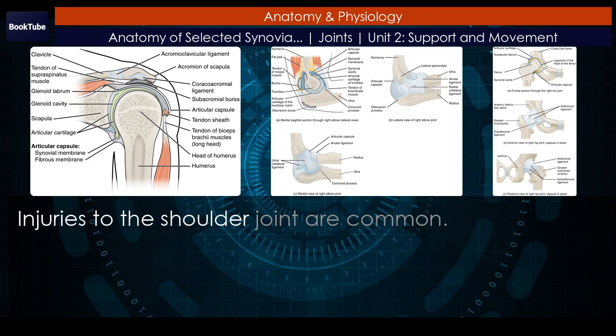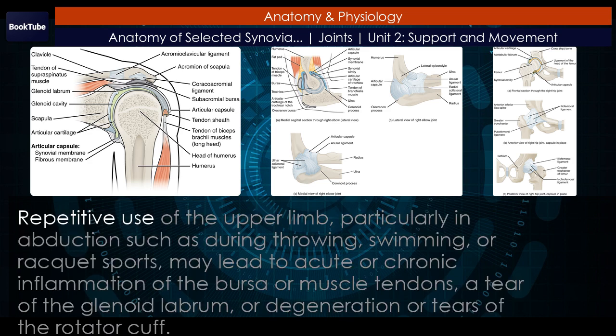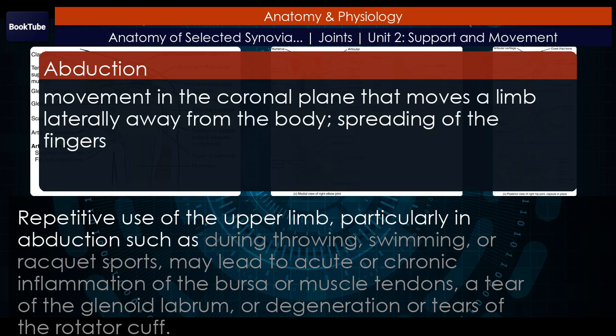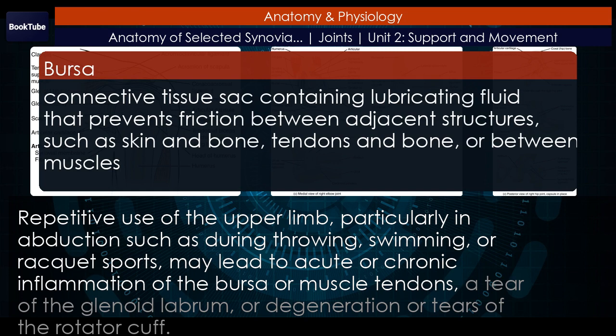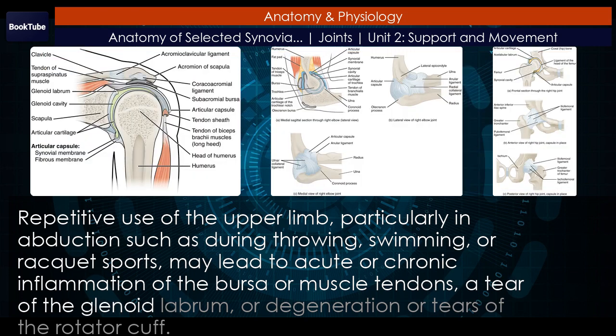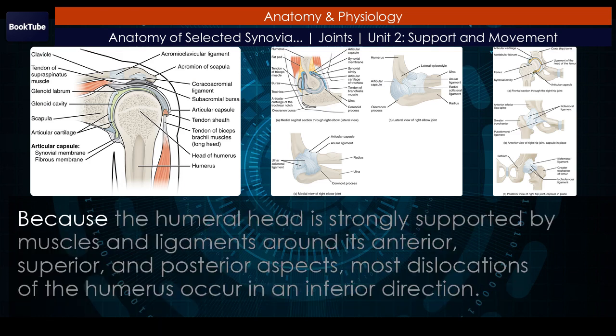Injuries to the shoulder joint are common. Repetitive use of the upper limb, particularly in abduction such as during throwing, swimming, or racket sports, may lead to acute or chronic inflammation of the bursa or muscle tendons, a tear of the glenoid labrum, or degeneration or tears of the rotator cuff. Because the humeral head is strongly supported by muscles and ligaments around its anterior, superior, and posterior aspects,